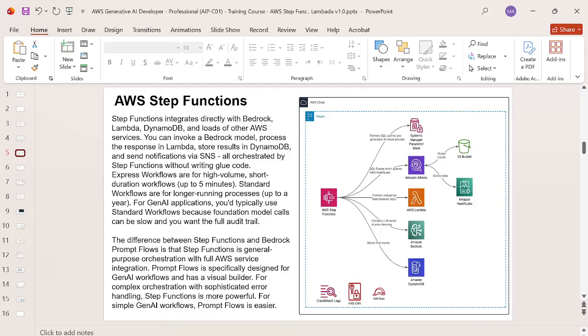Express workflows are for high volume, short duration workflows up to 5 minutes. Standard workflows are for longer running processes up to a year. For generative AI applications, you would typically use standard workflows because foundation model calls can be slow and you want the full audit trail. The difference between AWS Step Functions and the Bedrock Prompt Flows is that Step Functions is